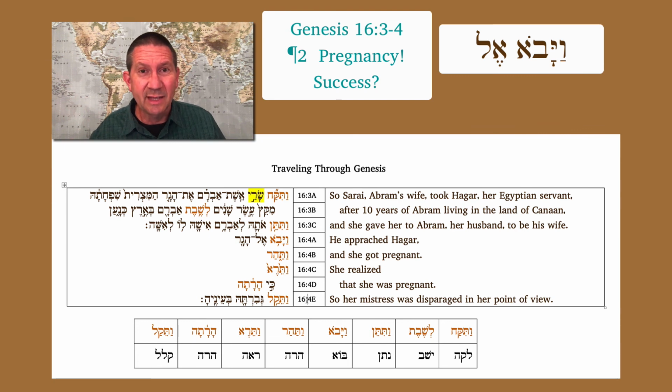It was Sarai's idea to use a surrogate, and then it's just really awkward to think about how this unfolds in history. Is she hoping that Abram's going to say, okay, yeah, I'll do that? Or is she hoping that he will say, no way, right? Let's have faith. God's going to do this with just you and me. But he gives in to her request, and then what is she hoping? That once and done, because that just would make her look all the more